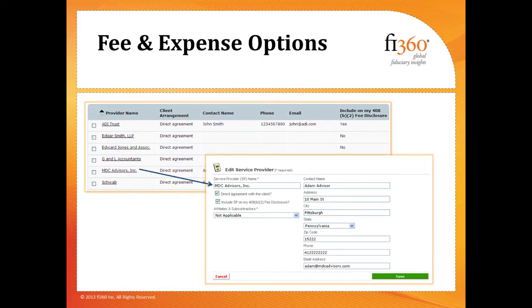Another feature which is worth noting is our fee and expense options. Again, 408b2 and 404a5 disclosures may or may not be your responsibility, but either way, if you'd like to document fees, you can create a general expense report within the toolkit. In this section, you'll see that we have service providers established here. You can put contact information, show if they have a direct agreement with the client. And there are examples like ADI Trust or G&L Accountants within this